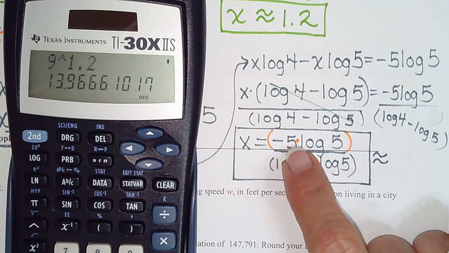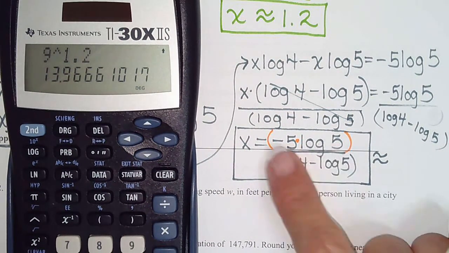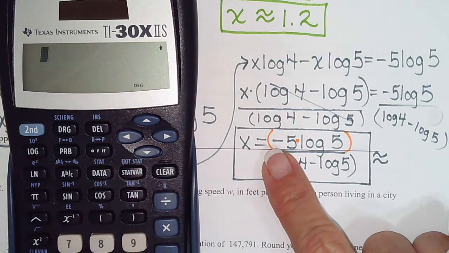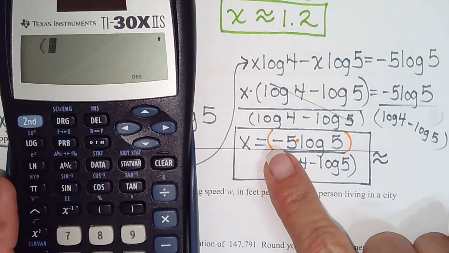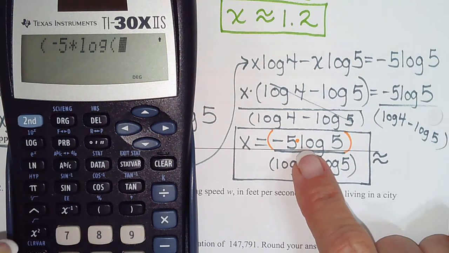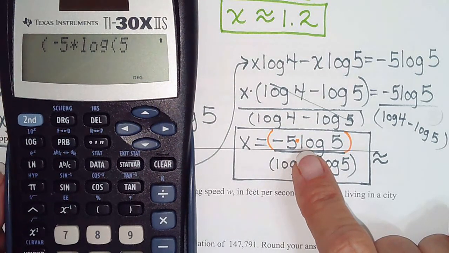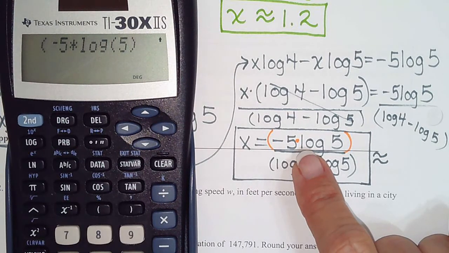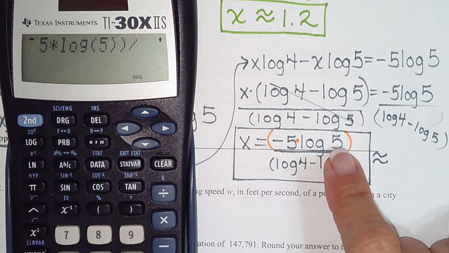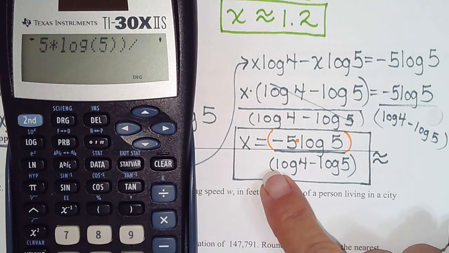So because there are 2 factors in the numerator, I need to put parentheses around them. So I do parentheses, negative 5 times log of 5. Okay, now this is the tricky part. Close your log, close your numerator. So there's 2 parentheses right there. Then you hit division, and then you open up the denominator, log of 4,